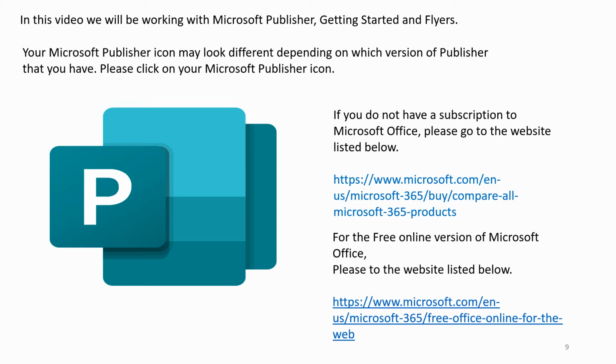If you do not have a subscription to Microsoft Office, please go to the website listed below, https://www.microsoft.com/in-us/buy/Microsoft-365-products. For the free online version of Microsoft Office, please go to the website listed below,